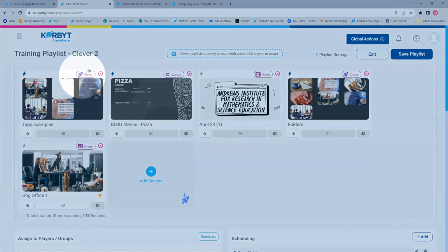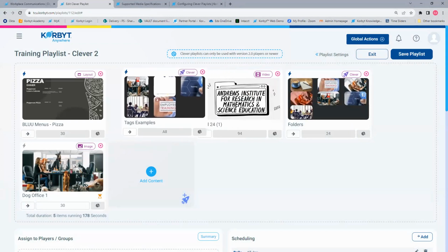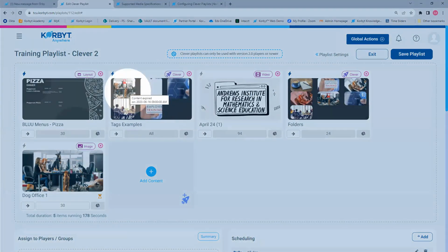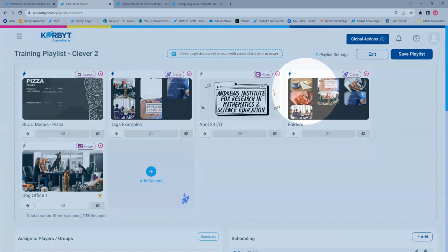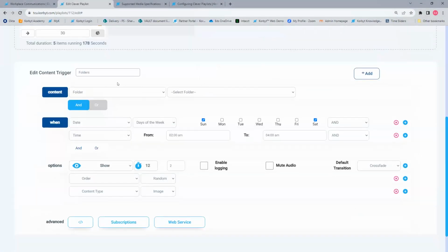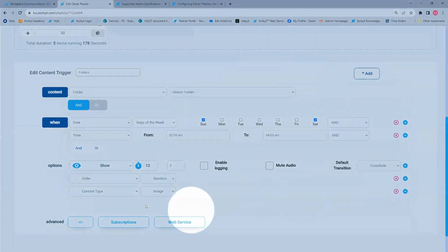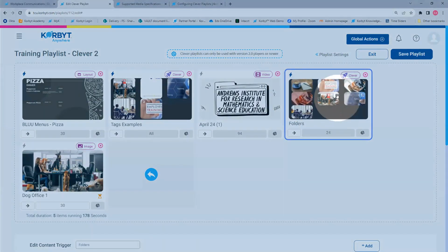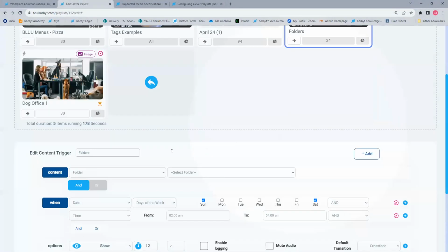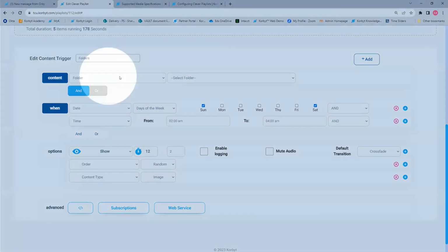The items that are called clever, those are the rules that are deciding what to show based on the instructions that you've written out. If you need to change those instructions, you click the lightning bolt. That reopens the instructions. So for example, I can see that this item here was written, just called folders, but the actual instruction was to pull items from a folder that I no longer have access to in this current approver role,